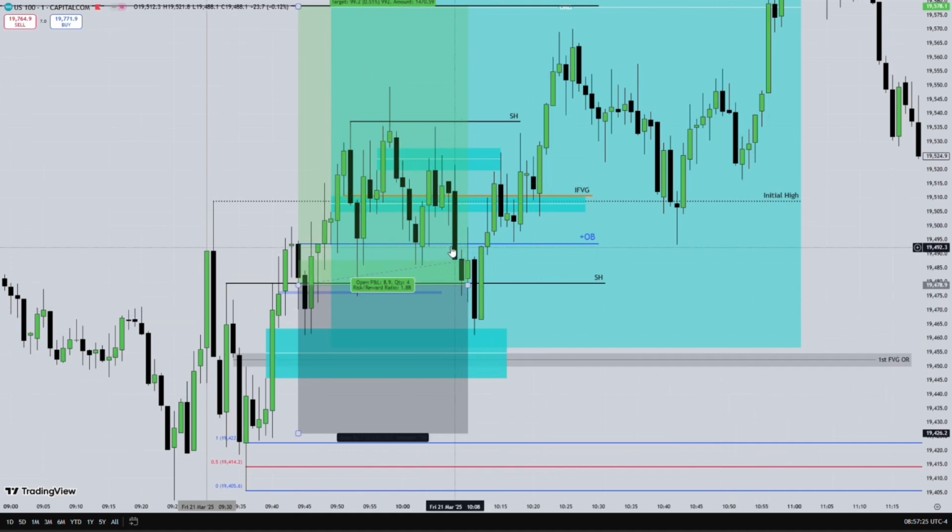So this is a big sign for all of you guys, especially as a beginner. If you're a beginner, you have to know this: if price spends a lot of time around your entry, this is not a good sign. This is not a good trade. Get out of the trade as soon as you can, at break even, or even with a small loss.